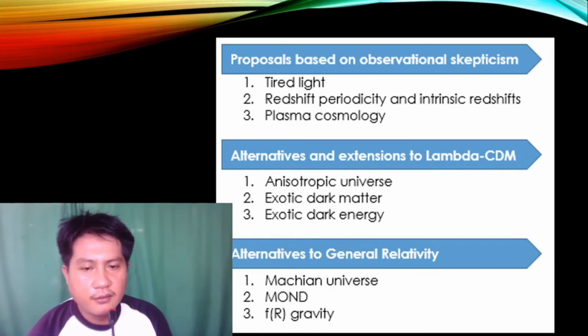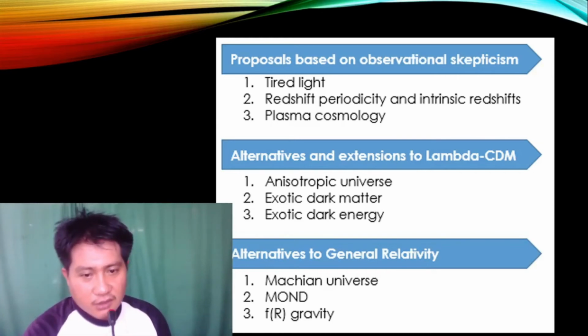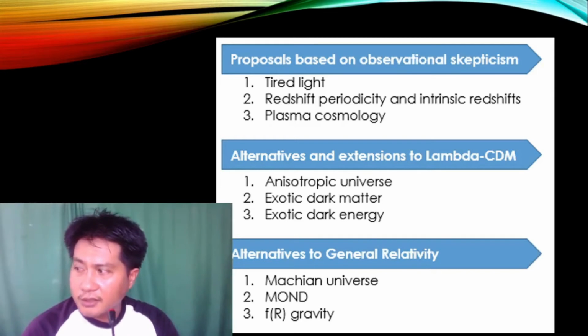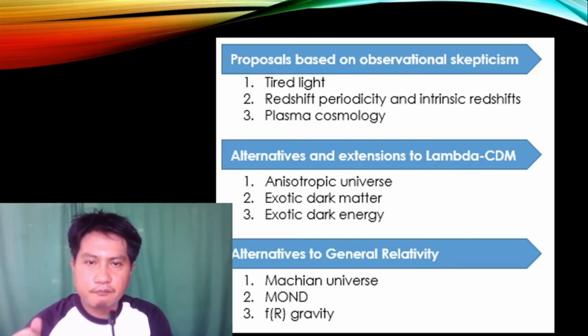And then there are the alternatives to general relativity, the Machian universe, MOND, and f(R) gravity, which are not really talking about the start of the universe, but the state of how the universe is being observed. I didn't include this in my presentation because it is so far from the main concept of alternative theories of the Big Bang. Okay,